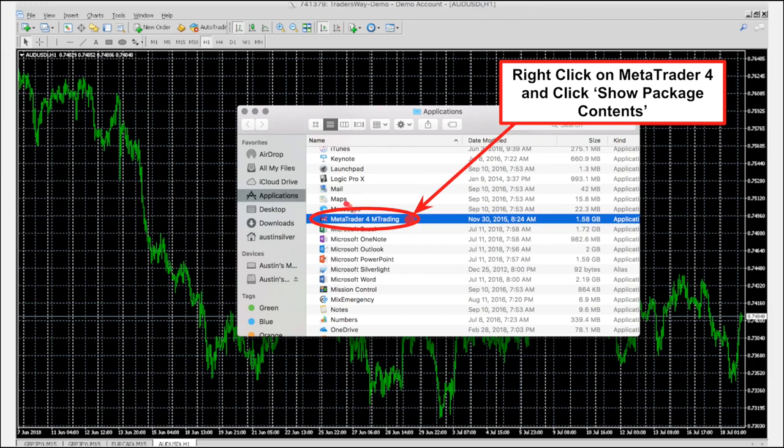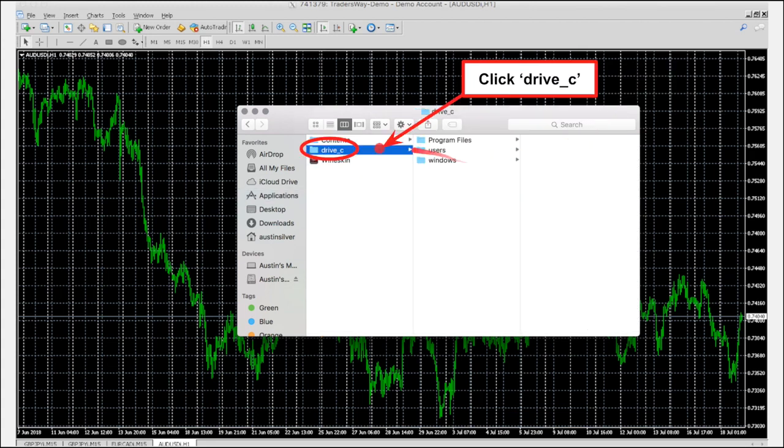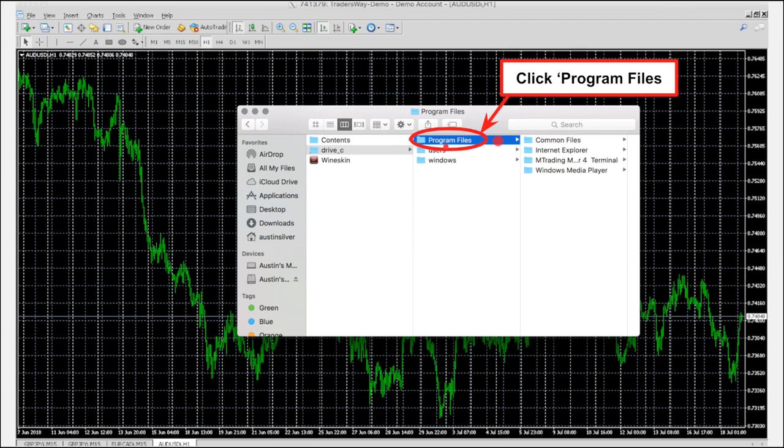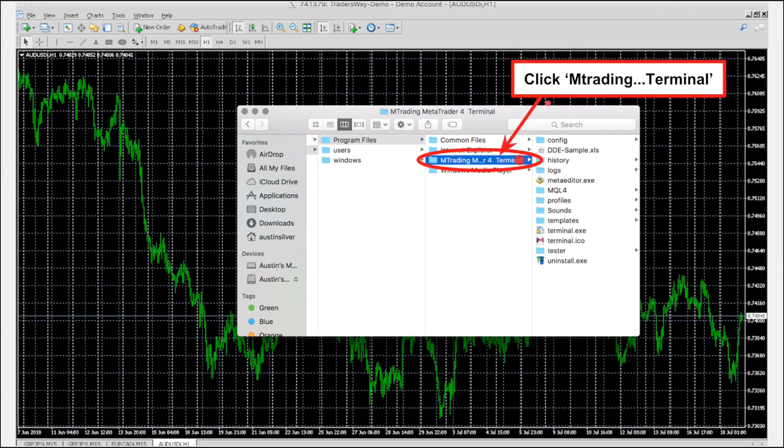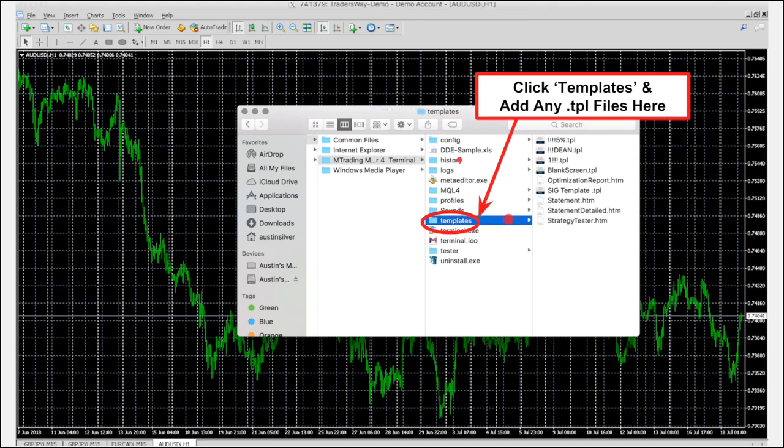The first thing you're going to do is open your applications folder. You're going to right-click. Once you find MetaTrader 4 MT Trading, you're going to right-click on that and click Show Package Contents. The next screen that will come up will show you Contents, Drive C, and Wineskin. You want to click Drive C. You then want to click Program Files, not Users or Windows, Program Files. Then you want to click M Trading MetaTrader 4 Terminal right here. It's the third one. Then you want to first go into Templates and add any TPL files to this folder